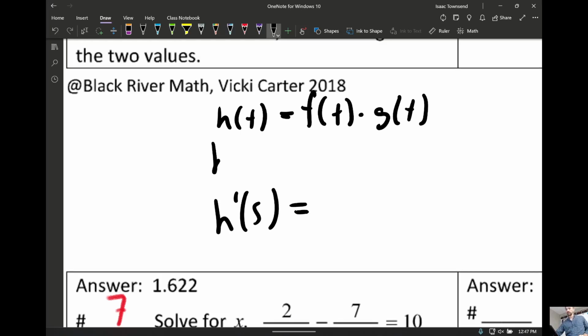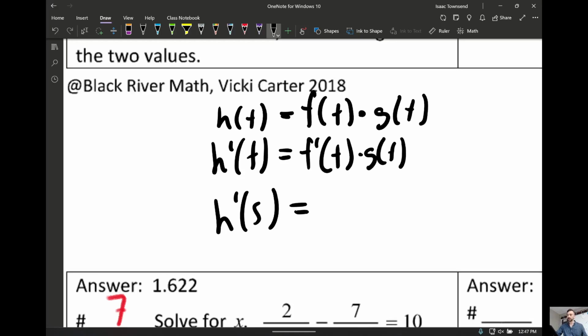So first, before I'd look at anything else, I'd write out what h prime is. Since this is multiplied, it's going to be product rule. So this left alone plus this times that derivative. Product rule, right? And then if you want to know at 5,